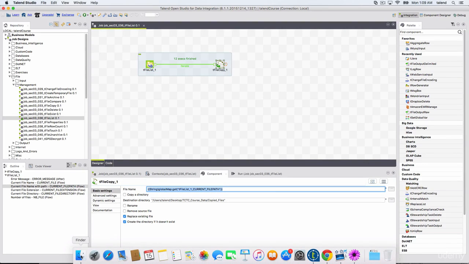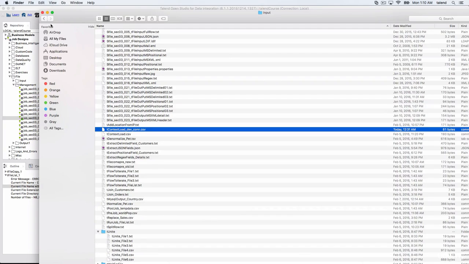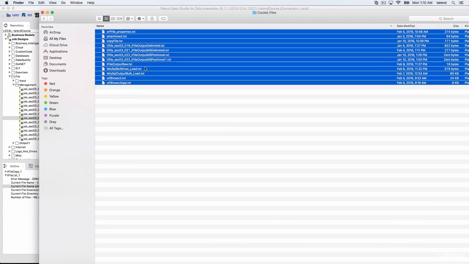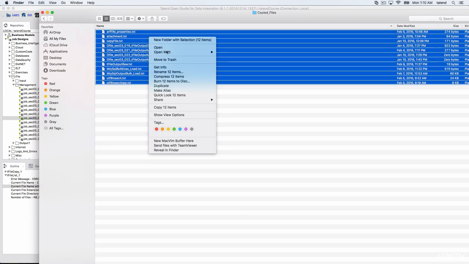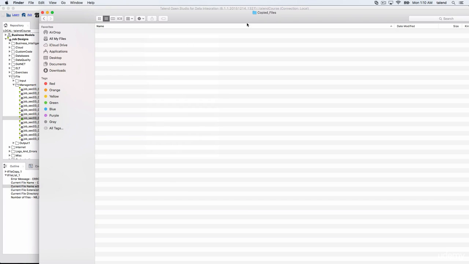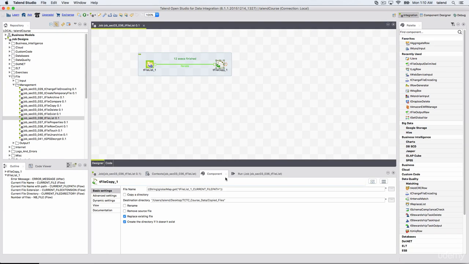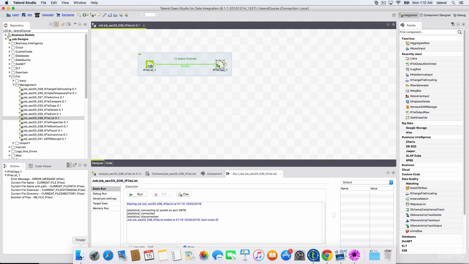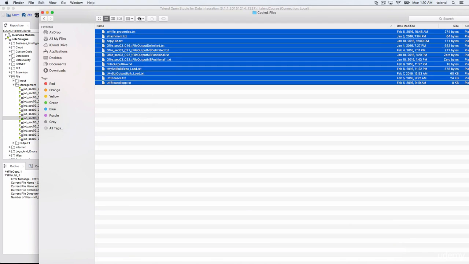We can see that. So the directory is copied files. We have 12 files. You can count it. If you want, I can remove this. So I don't have anything now. I will come here and rerun it again. It's fast. It copied.